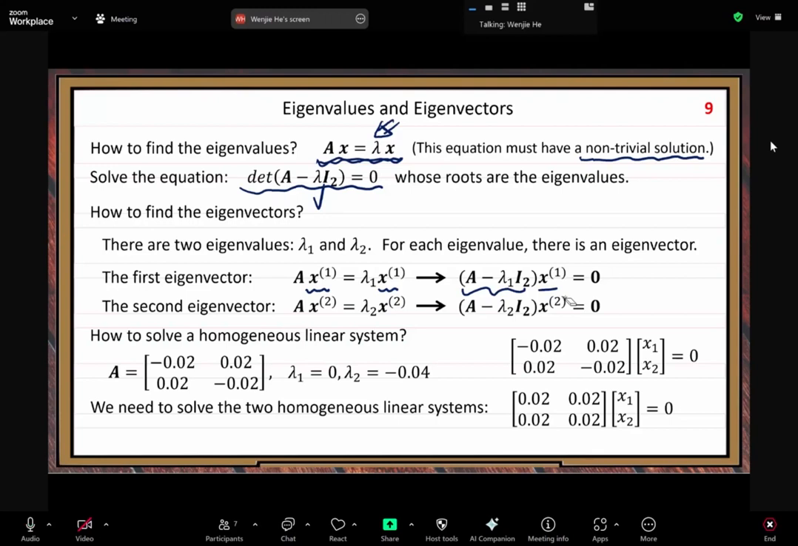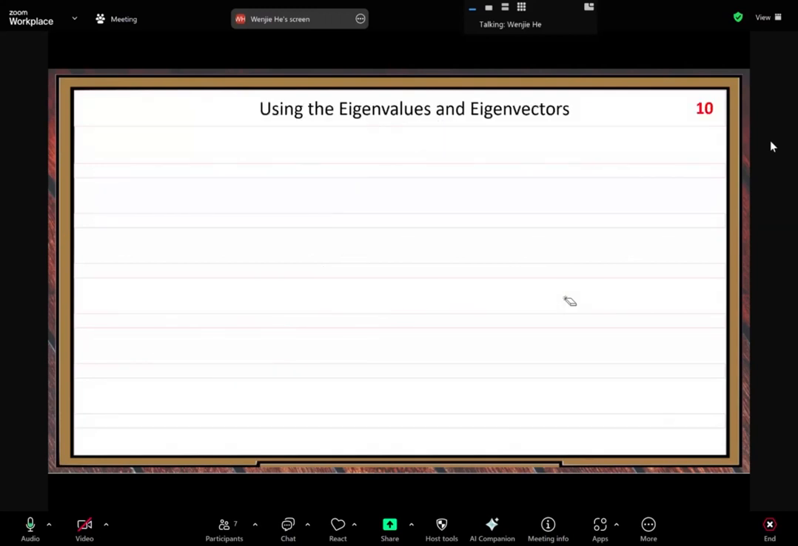All right, so let's do it in the next slide. First homogeneous equation. In the first homogeneous equation, you can see